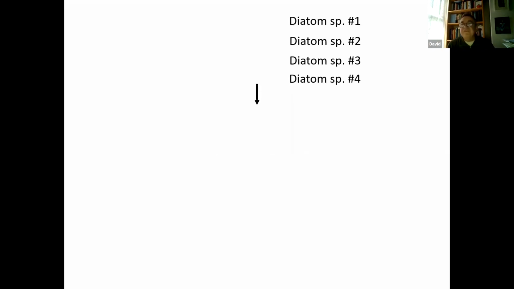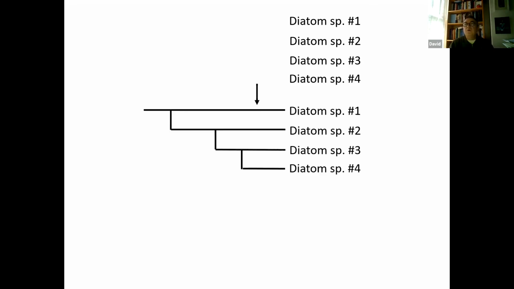Let me present something here which I think may be unusual. I tend to think that, and I was taught this, and I think this is wrong, that this is the way the process works. Here's 4 diatom species. We identify them or work out what they are or tell people, well, I've got this species, that species. There are hundreds of papers that are published on clarifying this species and that species and so on. That leads to, or can lead to, what we know about their relationships. So we can say, well, we need to know the species first, then we know their relationships.